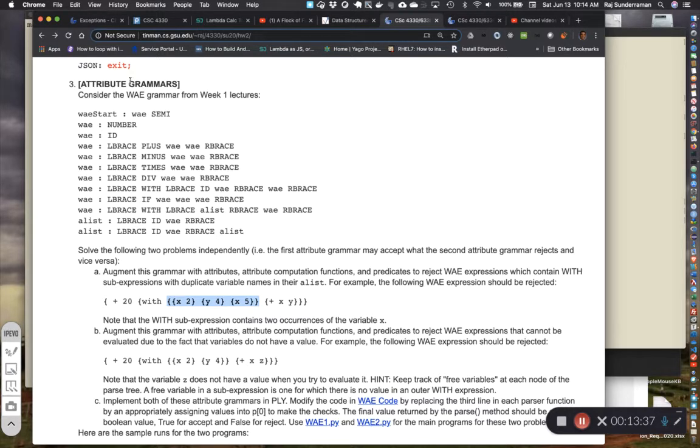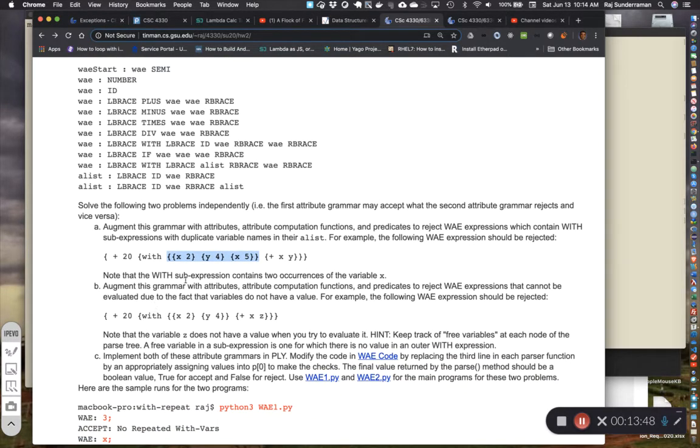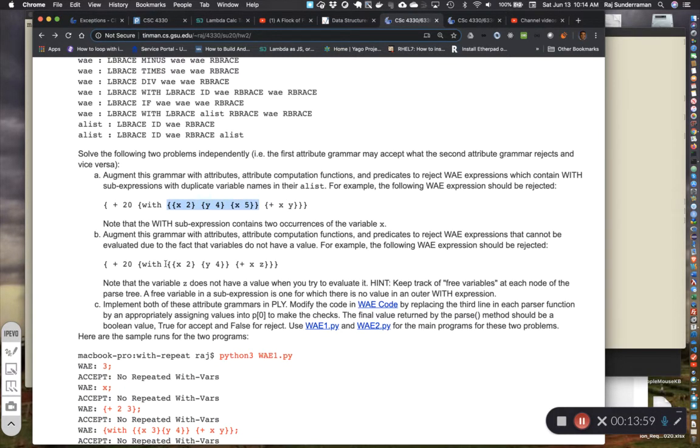And that's what an attribute grammar is, okay? And actually, the PLY system implements an attribute grammar, so you should be able to code that check inside the PLY, okay? And that's why this is related to the PLY. But anyway, in the first part, you will make this extra check, besides the grammar check, okay? You'll actually check whether any variable is repeating here or not, okay? That's one. And then the second part is,